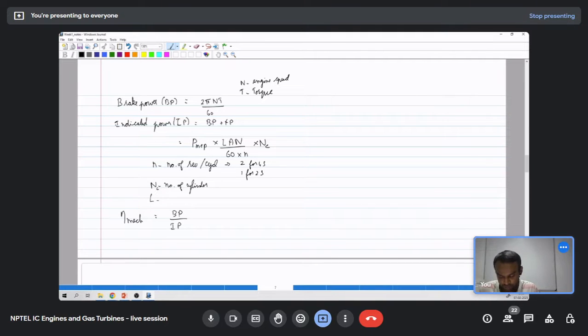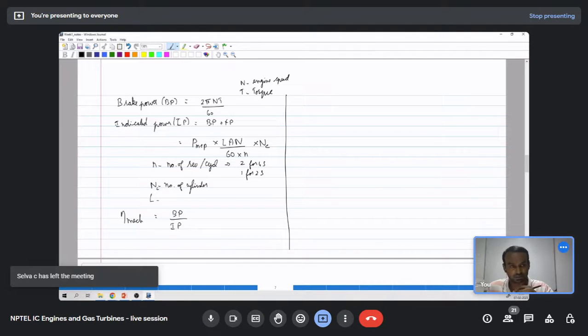So this indicated power is the power obtained by virtue of the gas pushing the piston downward, and because of the friction in every component like the piston ring, crankshaft bearing and other things, we will be able to only get some lesser power out of the shaft. So that is defined as brake power. And volumetric efficiency